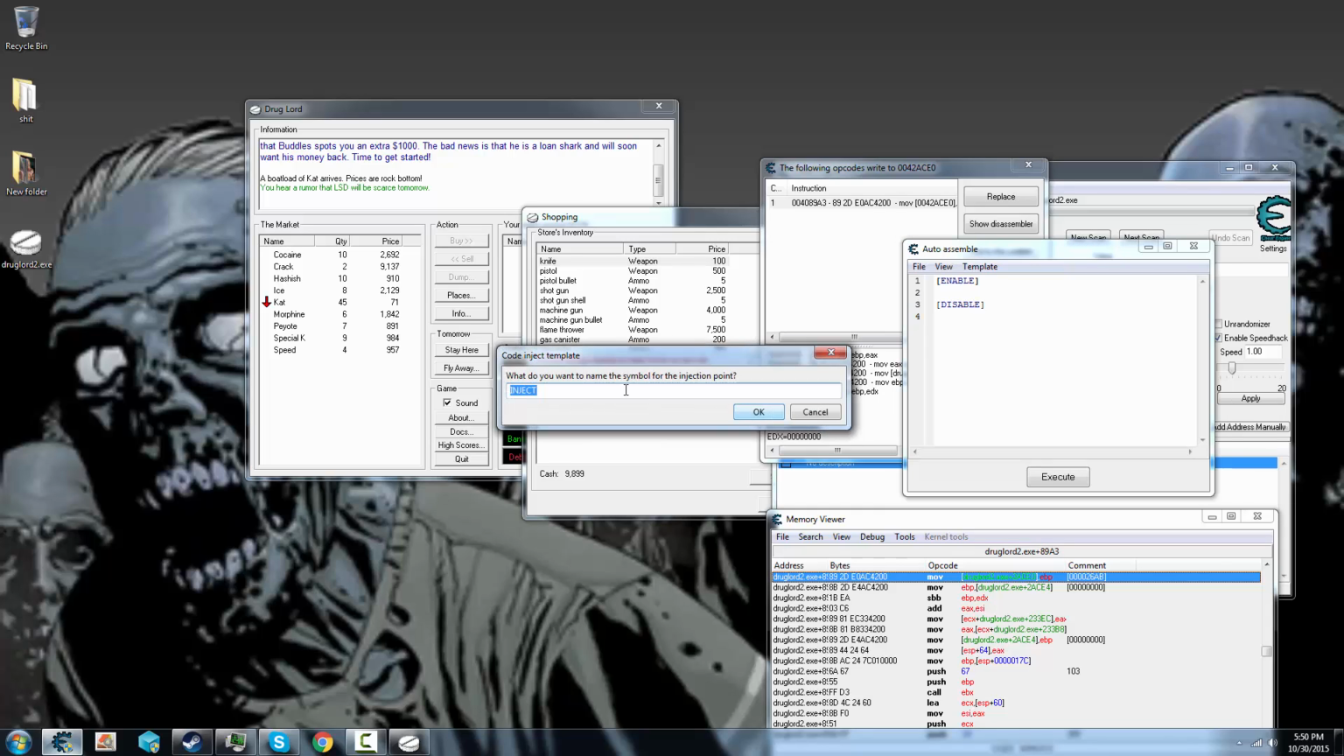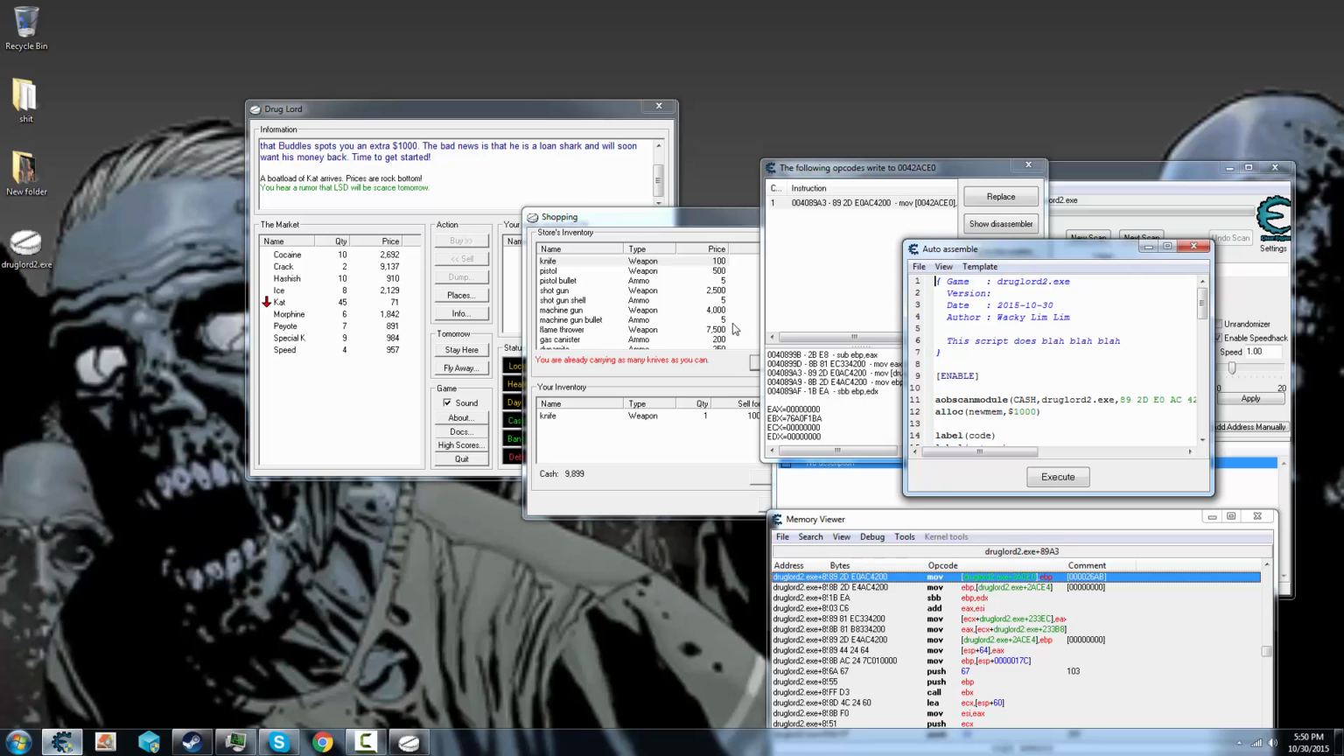Hit OK. And for most cases, this is okay to leave as inject, but you will run into a lot of problems if you have multiple AOB scripts and you don't change that. Some of them might be stuck in the enabled option where you have to close the game out just to disable them. I'm going to go ahead and call this just cash. We won't want to have that issue, so I recommend doing that, making those all unique, different from your other